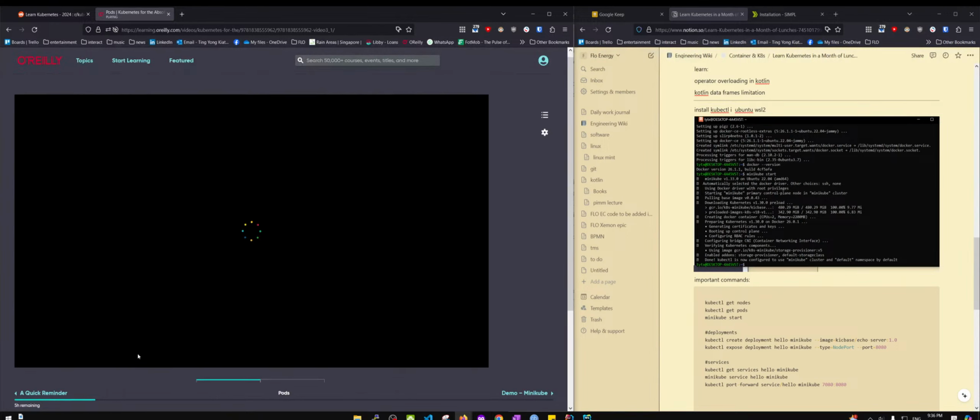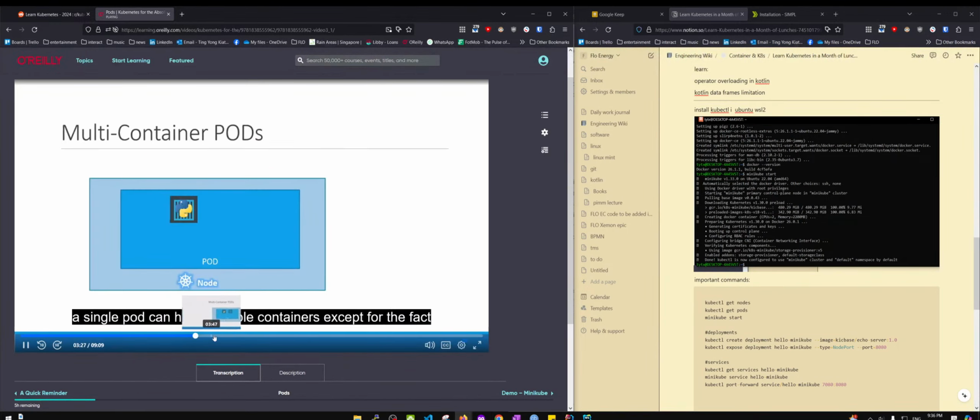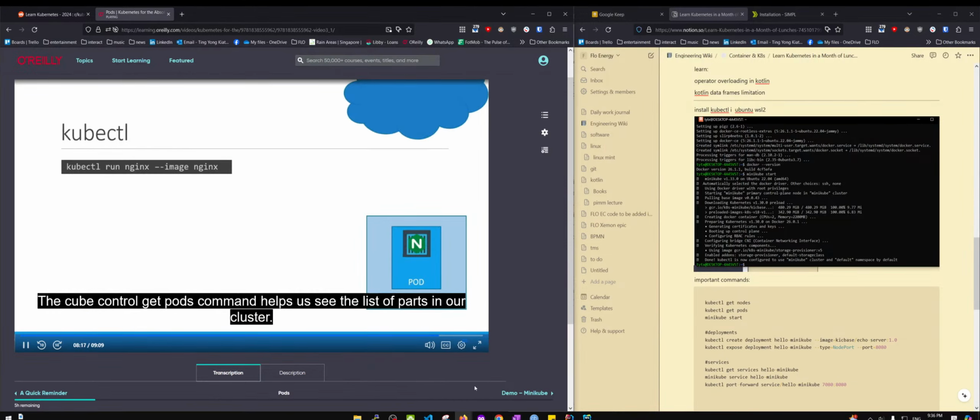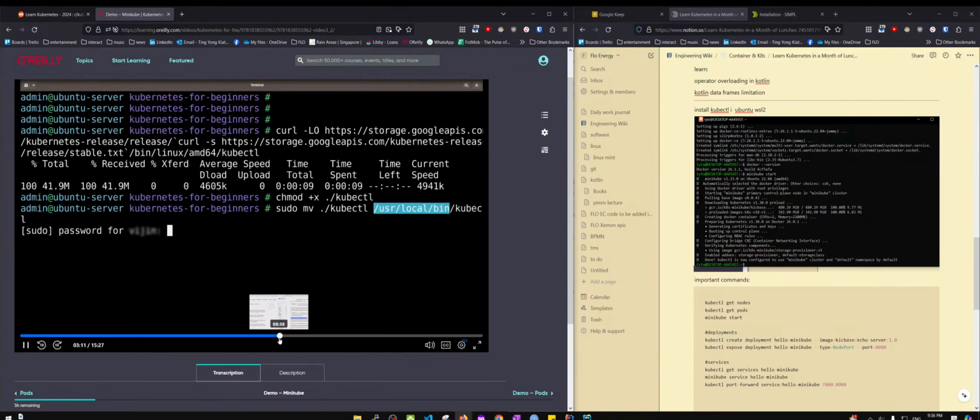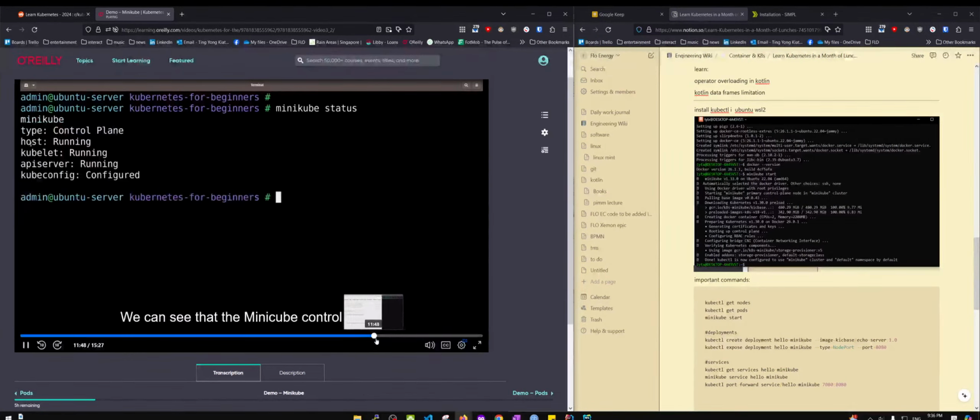In this demo, except for the increases available, the kubectl direct download. The Minikube